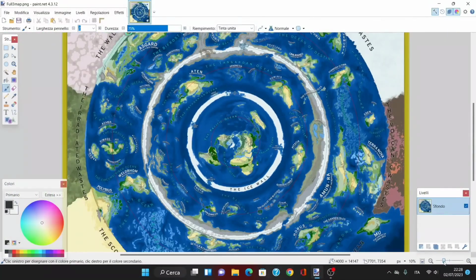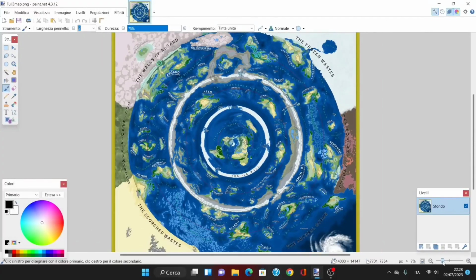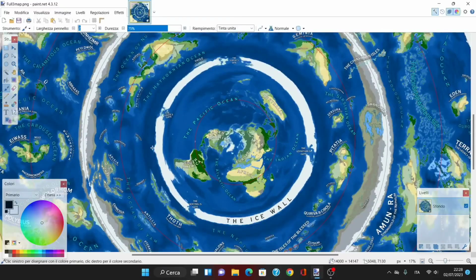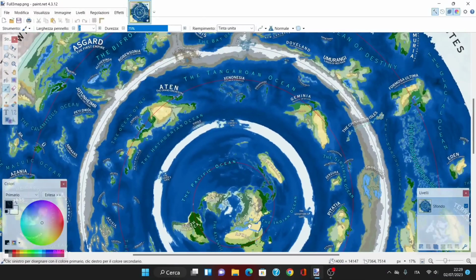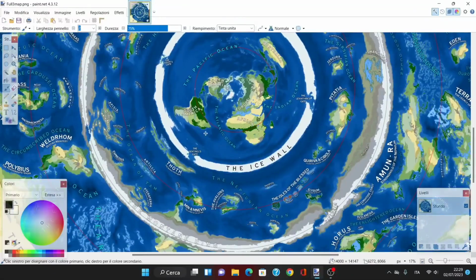As you can see, this map is way larger than the last one, not in terms of actual file size, but in the sense that this map follows the theory, or fact, depending on what you believe, that there is more than one ring outside of the ice walls. In this map, we have the ice walls themselves, what is considered likely Antarctica. Then outside of the gates that follow the world, we can see there is a first ring